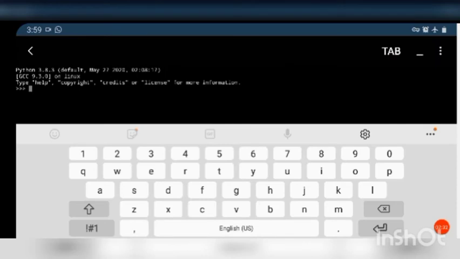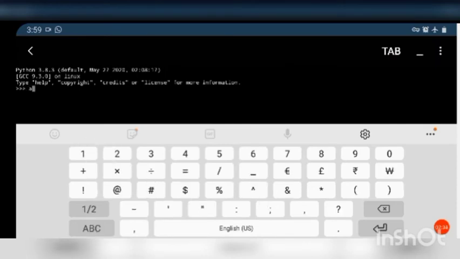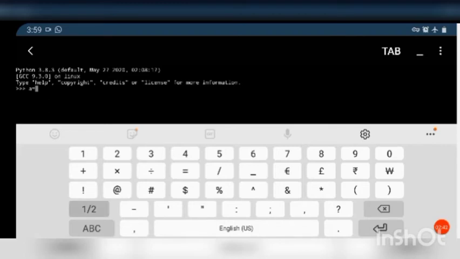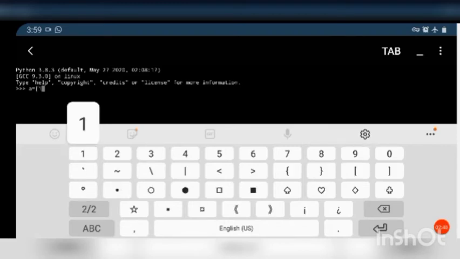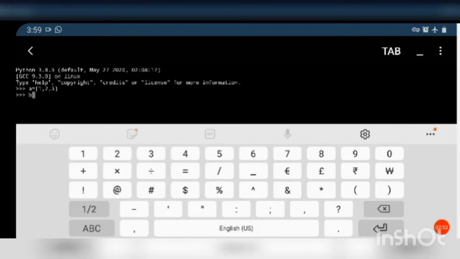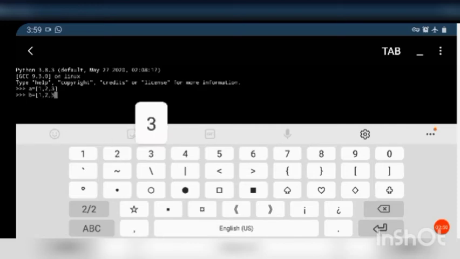Now instead of this, if I write A is equal to [1, 2, 3], and instead of copying, I write B is equal to [1, 2, 3].